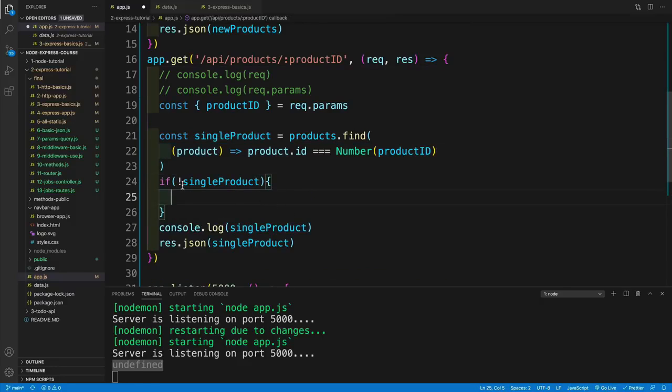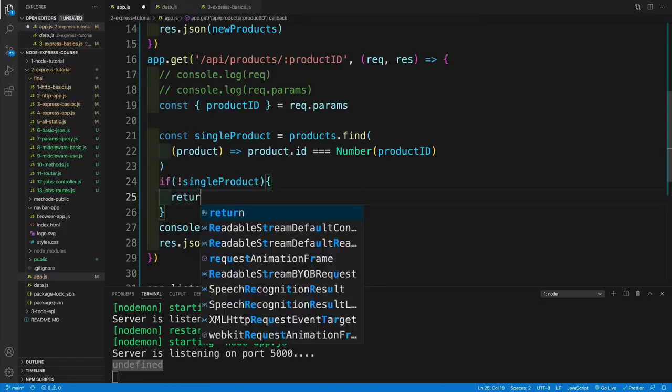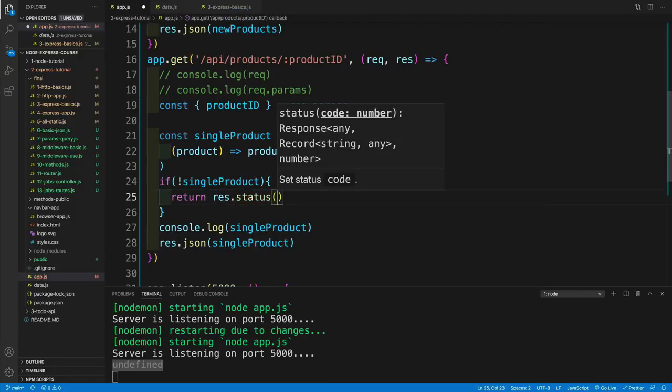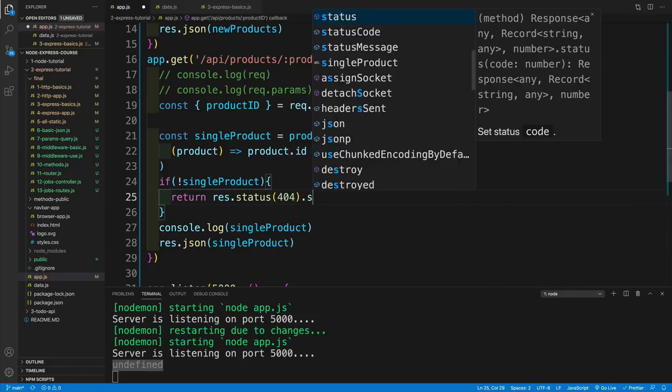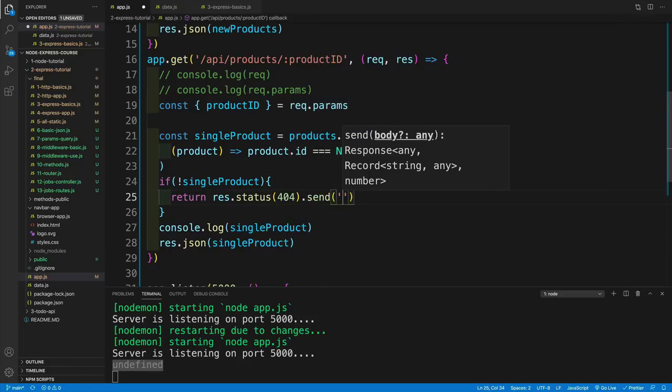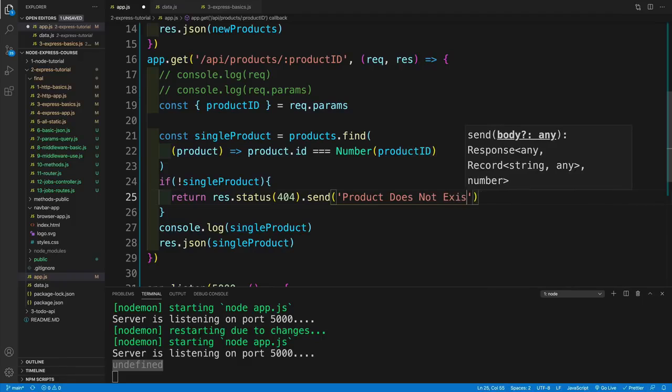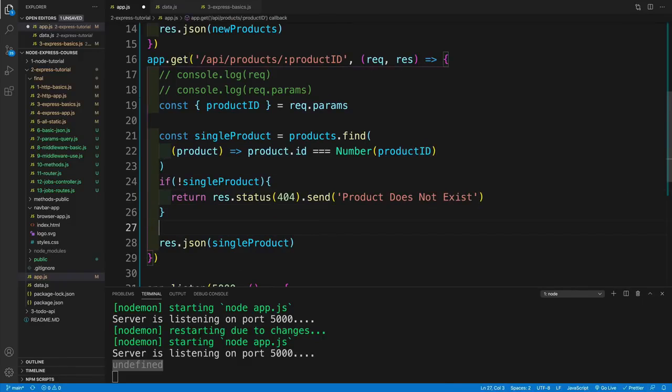So we set up an if condition, and I'm going to go with if single product doesn't exist. So I add an exclamation point, and this is going to be our case with undefined. This will be true if it is undefined, and then we just go with return res, and in this case I will add a status, because it is extremely important that I go with 404, and then we go with send, and product does not